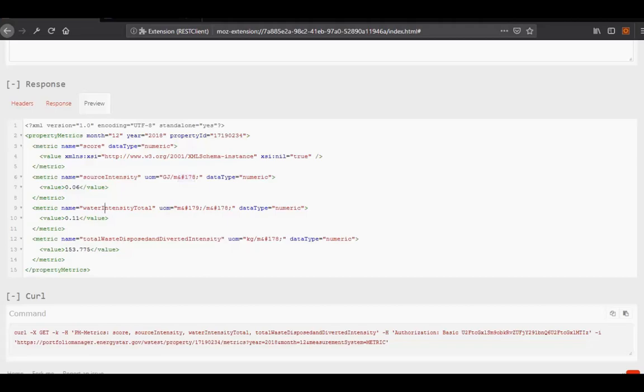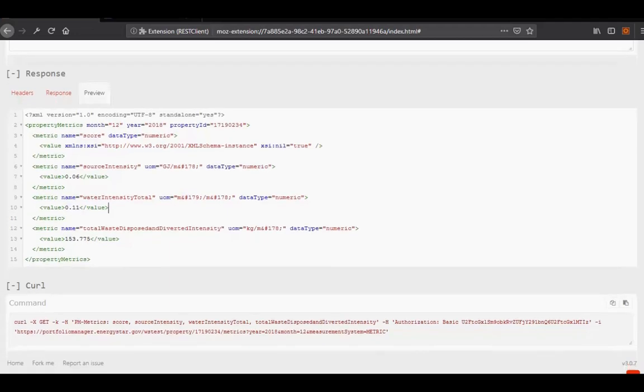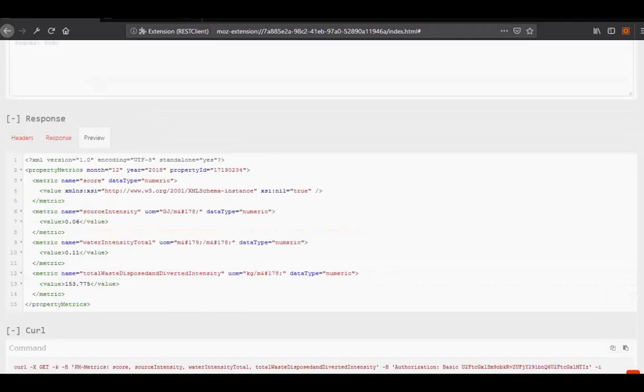Our water intensity total metric did also provide an annual metric value of 0.11, and that's meters cubed per meter squared. And our total waste disposed and diverted intensity also was able to calculate correctly and provide an annual metric of 153.775. If we want to take a closer look at this property and determine why the property was unable to retrieve an Energy Star score,